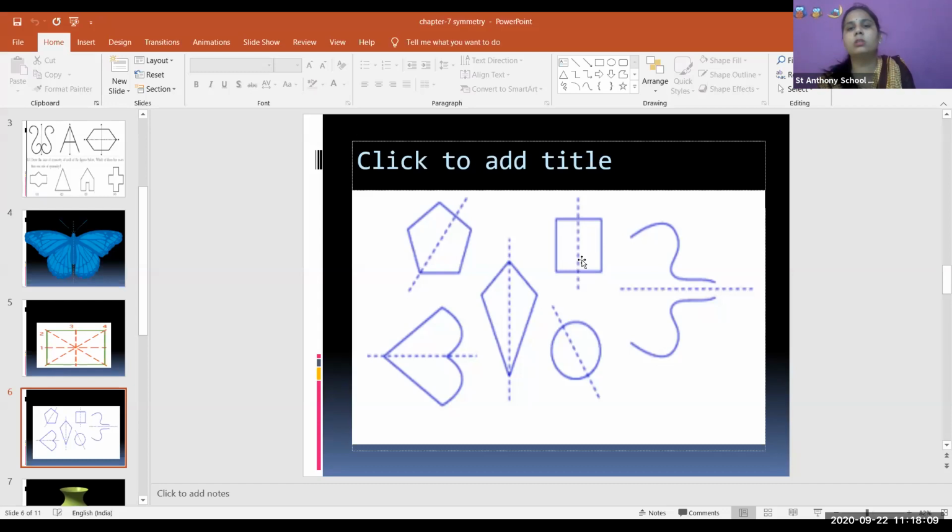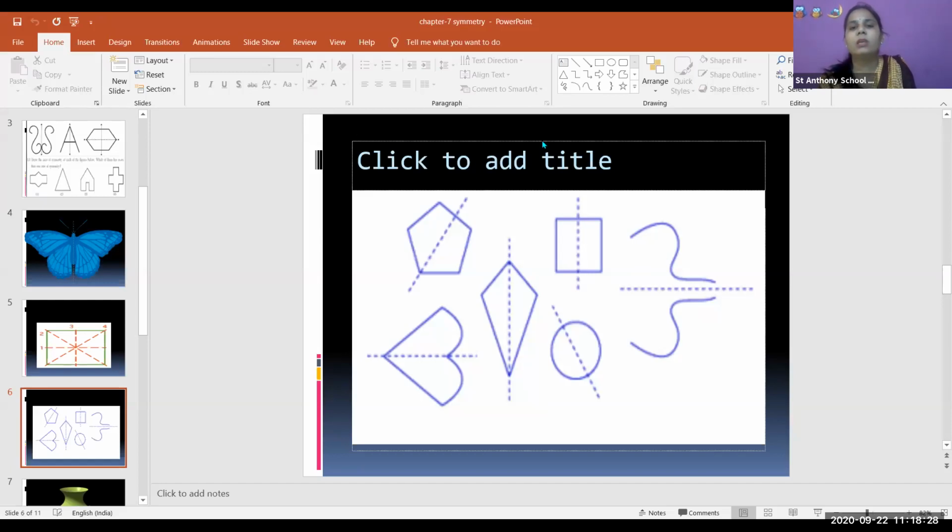In this diagram also, we can draw one axis of symmetry from this side too. It means it has two axes of symmetry. It has one axis of symmetry. This circle has infinite axes of symmetry. This heart shape,